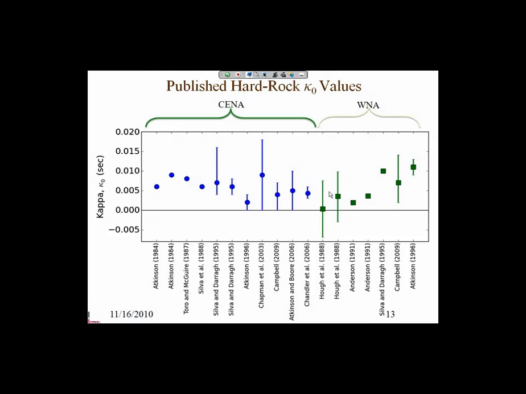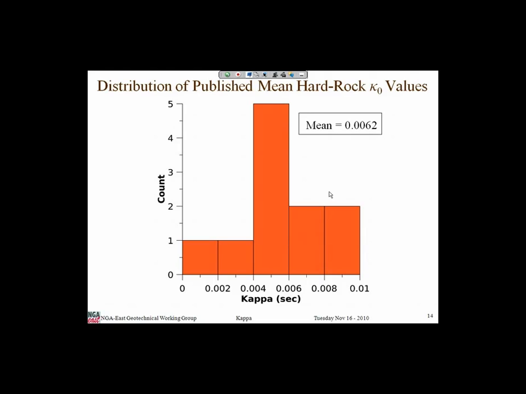British Columbia on the far right is something Gail Atkinson has done. You're getting a number about 0.01. That rock isn't quite as hard. It's around 1,500 meters per second. But then it grades into a very hard rock at fairly shallow depths. So it's not unrealistic to have these numbers. In fact, we can find rock in the west that has similar numbers.